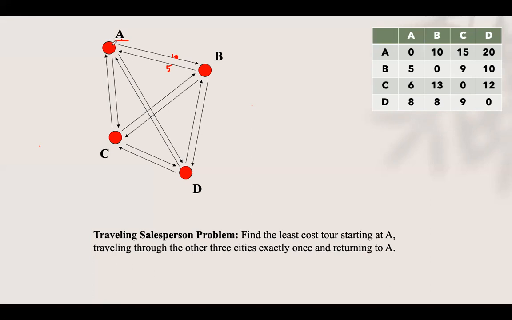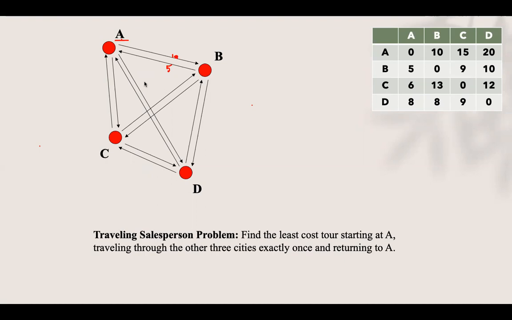Say I can start from A, go to B, D, C, and back to A, or A, C, D, B, and back to A, because paths are there. So many different paths are there. You have to find out a path such that its cost should be minimum among all the possible paths. 4 vertices means almost 16 paths will be there. So you have to find out the minimum cost path